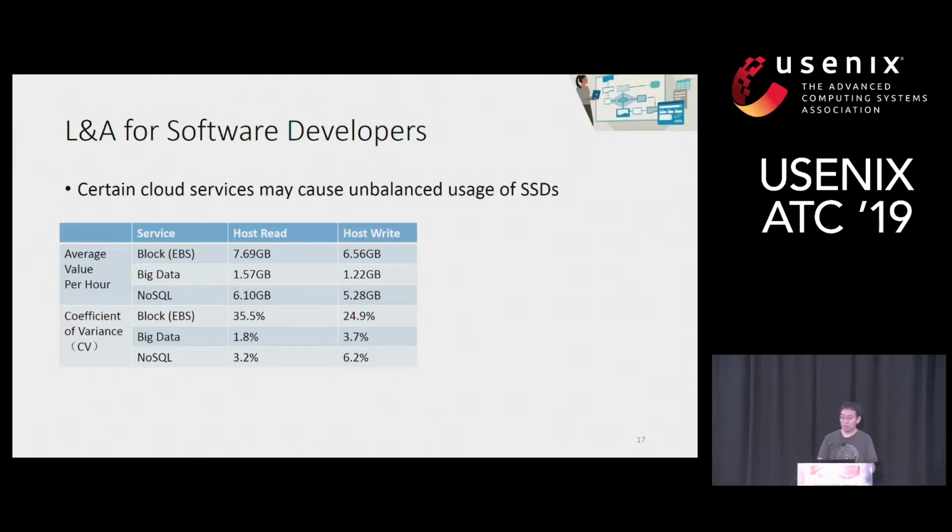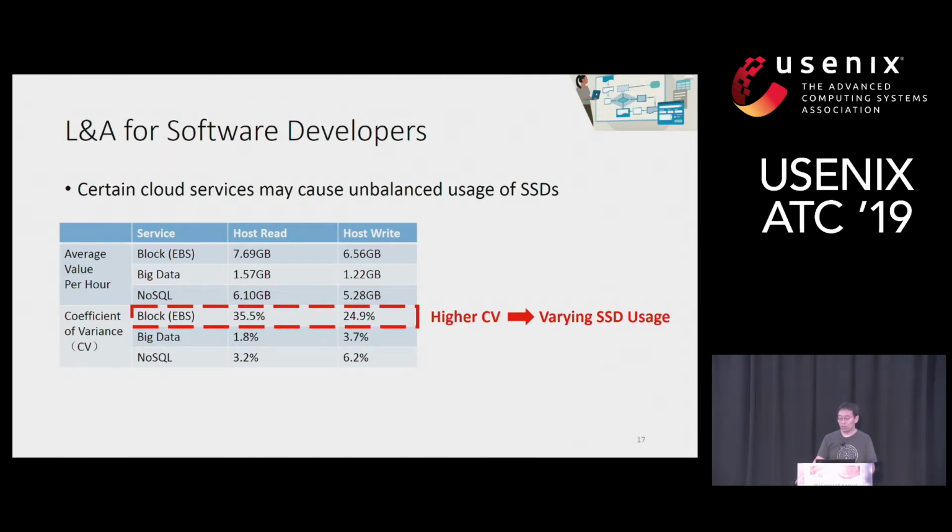So the second lesson is about software and system architecture. We look at three services with their SSD usage over a long period of time. We first look at their average usage. They all look normal, especially, for example, the block service and the NoSQL service. They have similar host read and host write hourly rate. However, if we look at the coefficient of variance, which is basically the standard deviation over the mean,